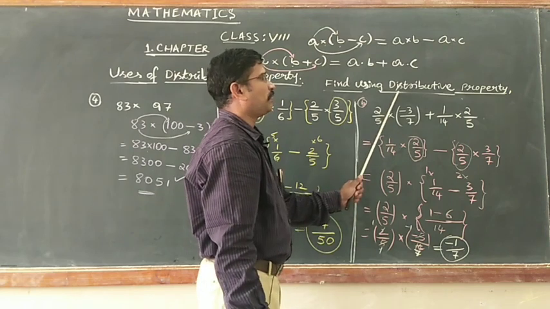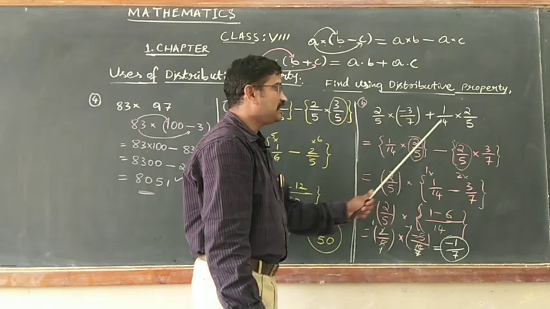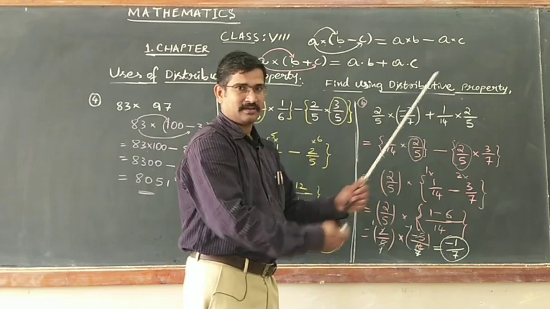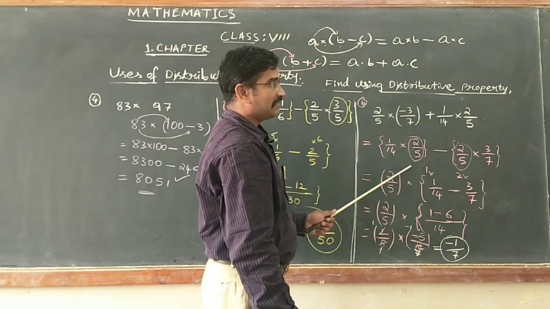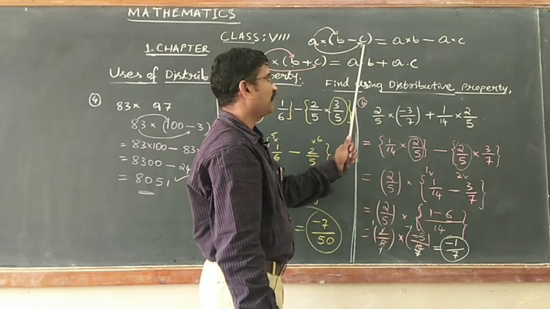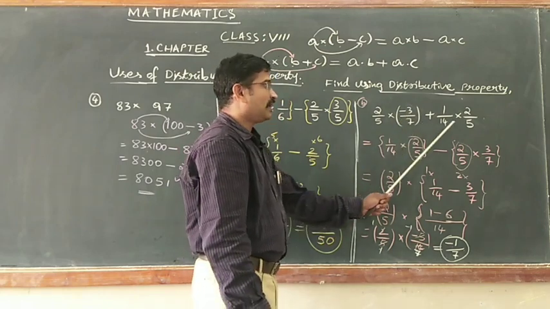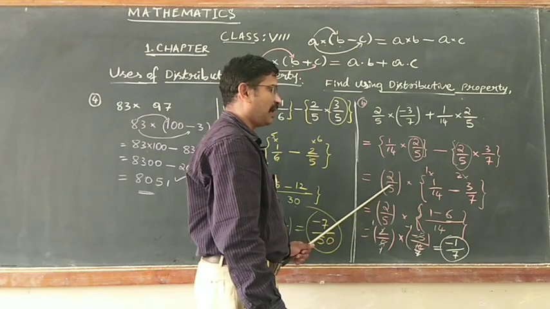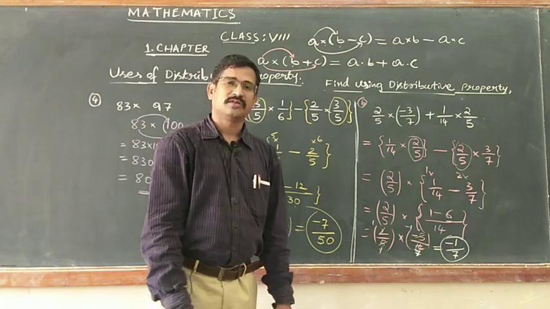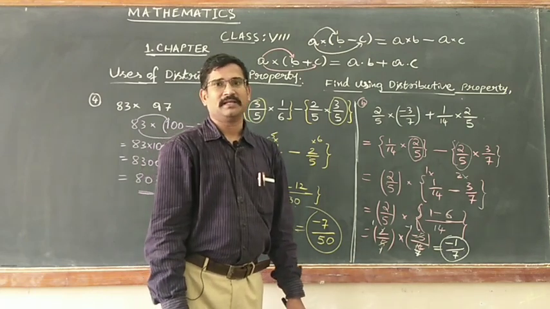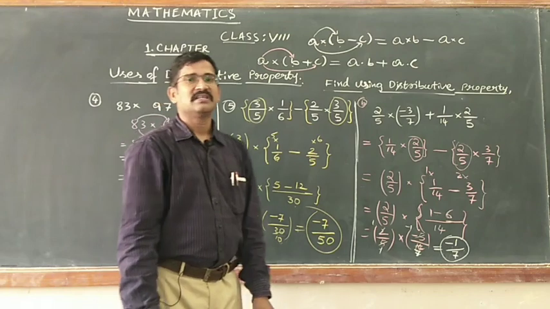So, using distributive property, if they ask you to simplify, you should be in a position to rearrange the given product of rational numbers such that you can easily watch out where the distributive property is coming in. So, taking away that common rational number out becomes a further simple way of solving. So, these are the uses of distributive property, both multiplication over addition as well as multiplication over subtraction.